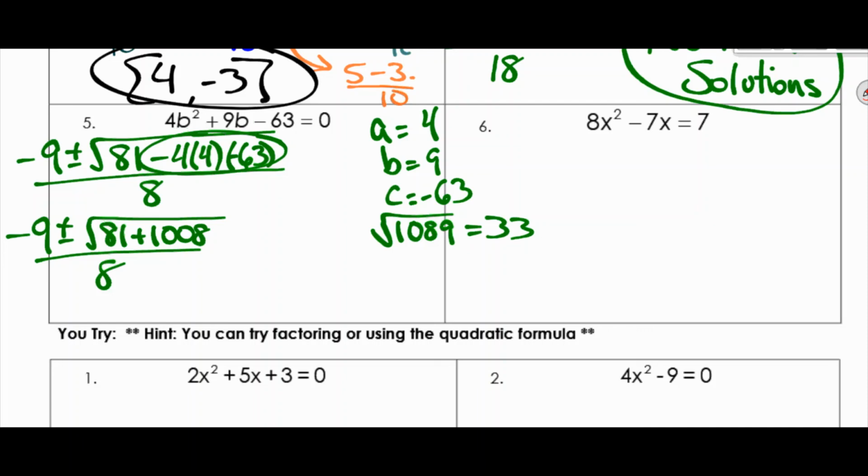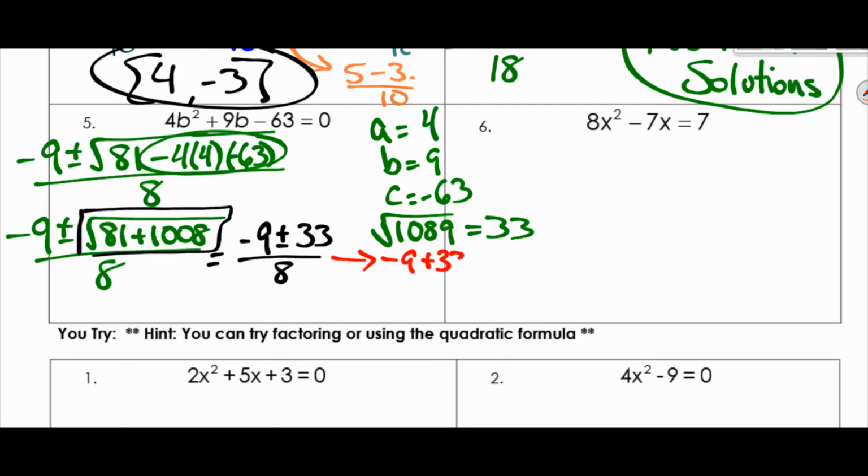So this is really just doing this step. Finding the square root of that number gives me 33. So negative 9 plus or minus 33, all divided by 8. And now I'm going to split this into 2 separate problems, negative 9 plus 33 over 8, and negative 9 minus 33 over 8. So that gives me 24 over 8, or 3. And this gives me negative 42